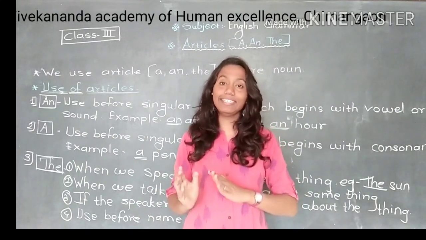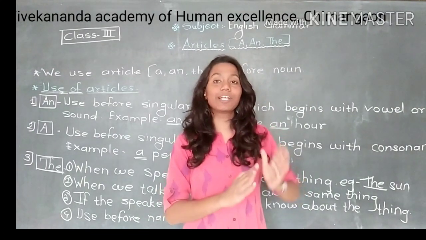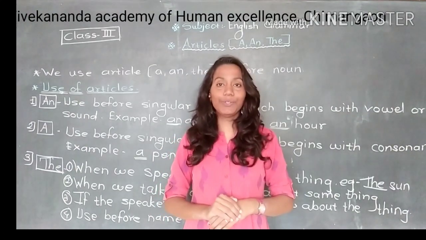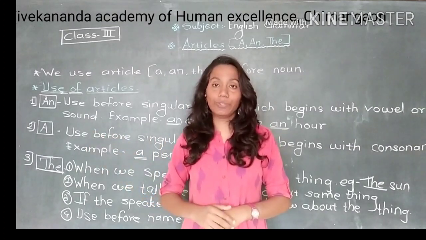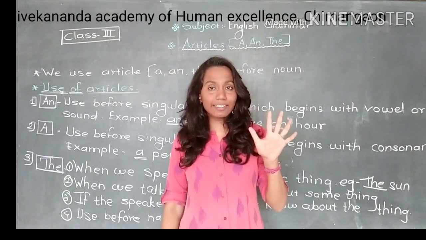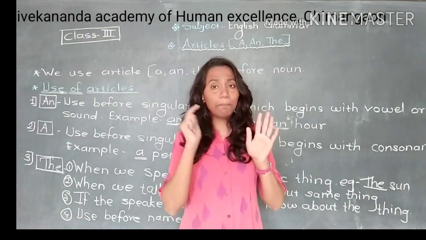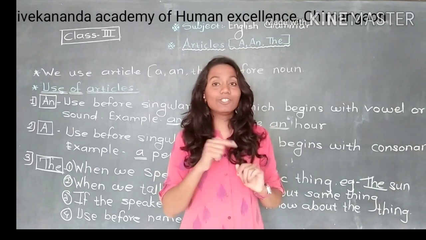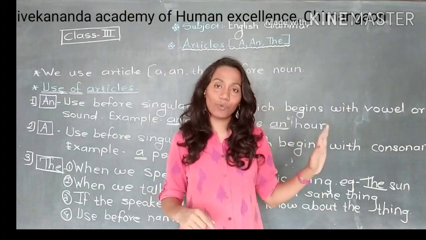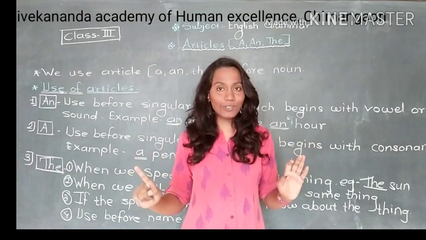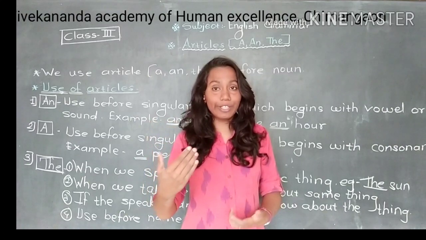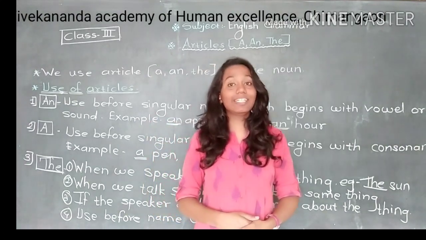If any word begins with a consonant, you know that if we cut A, E, I, O, U, all the remaining letters we call consonants. After A there is B, but is B in these five letters, A, E, I, O, U? No. B is not in this group, so B is a consonant. Only five letters are vowels. Remaining all are consonants. So if any word begins with a consonant, before that we use A.